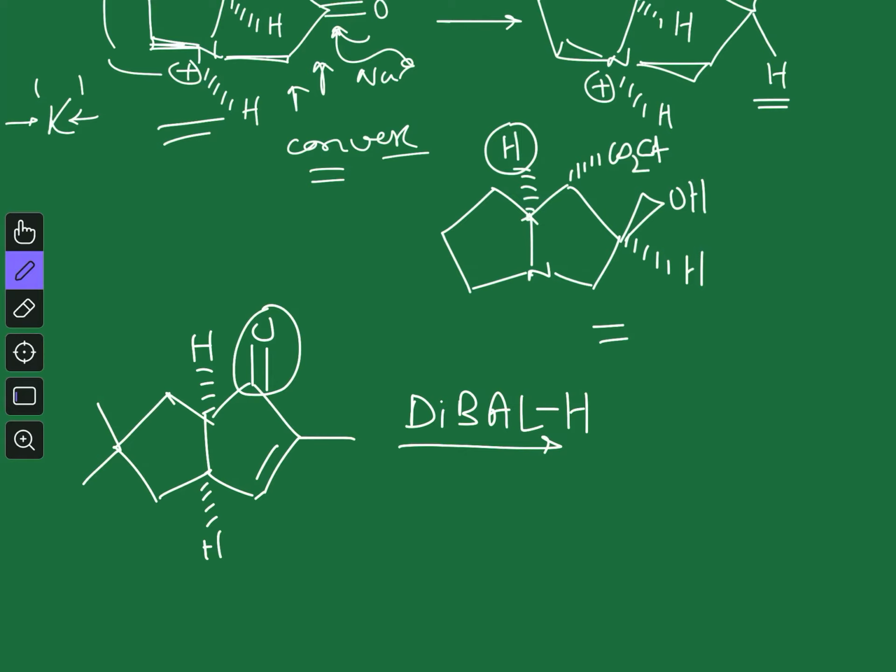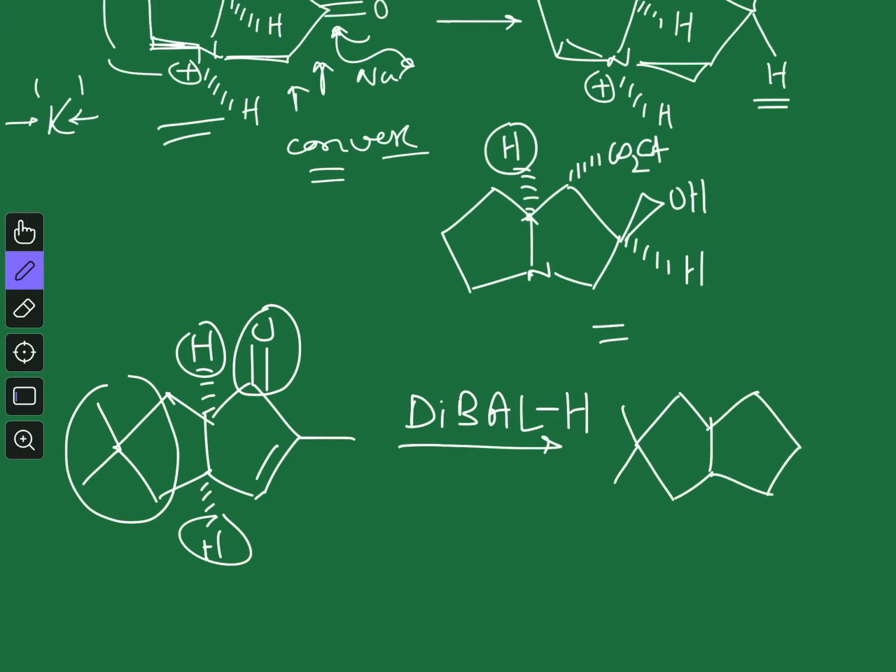one is bottom phase. If you draw the molecule like the previous one, you will see that the bottom phase is the convex phase, and that will undergo the attack because there you have this hydrogen, whereas on the top phase you have this large group. So the product here you can easily guess, you don't need to draw it again. So what will be the product?